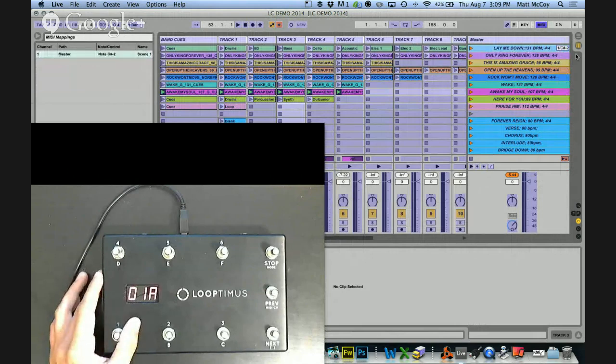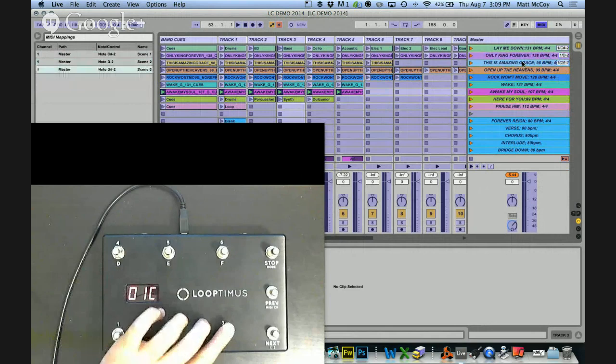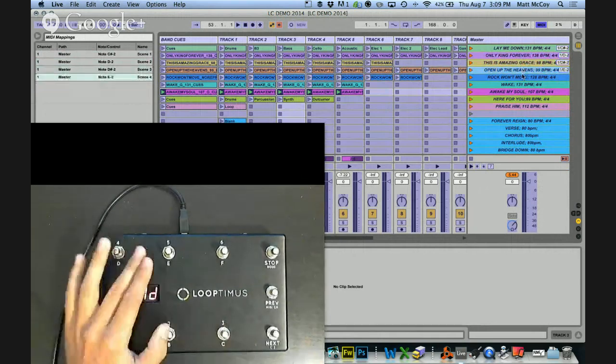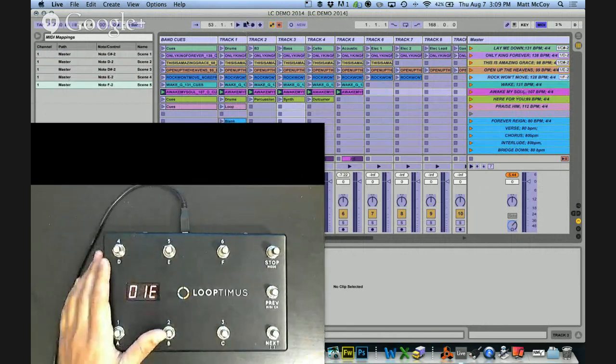And you see that it assigned that MIDI note to Lay Me Down. Our next song is Only King Forever. That's button 2. This is Amazing Grace, button 3. Open Up the Heavens, button 4. Rock Won't Move, 5. And then our global stop button up here at the top of the screen is going